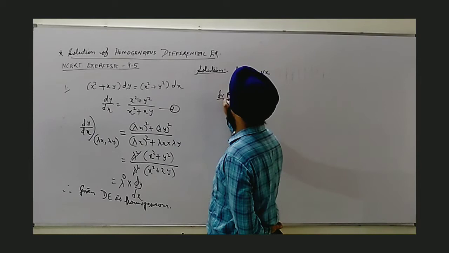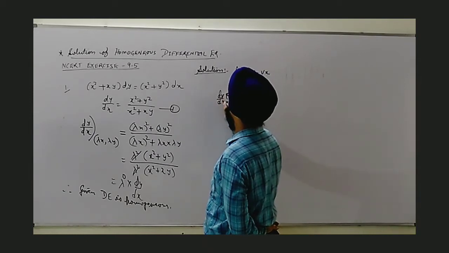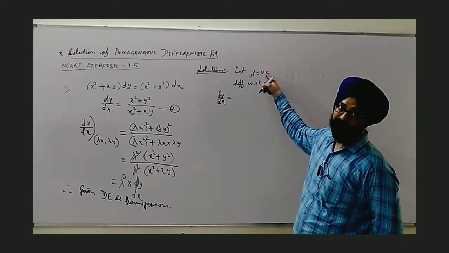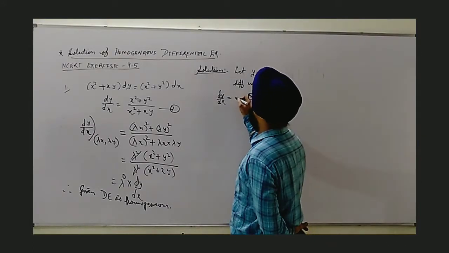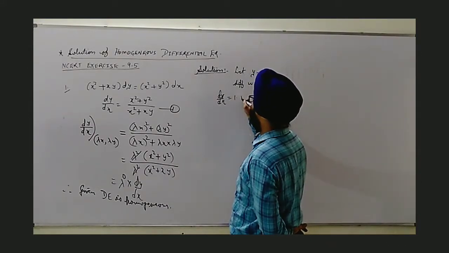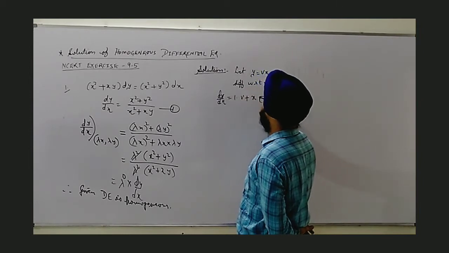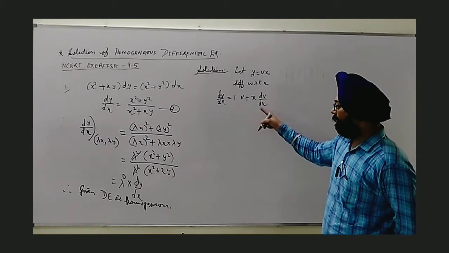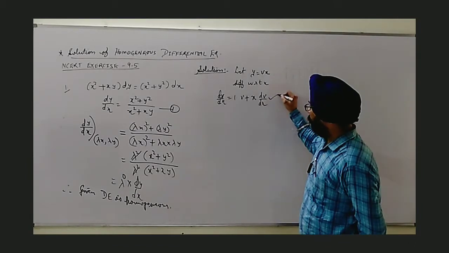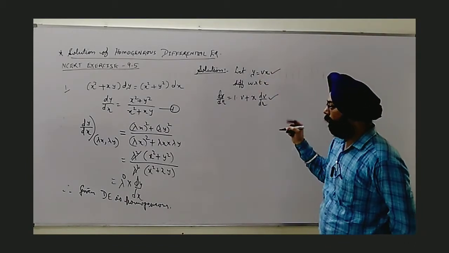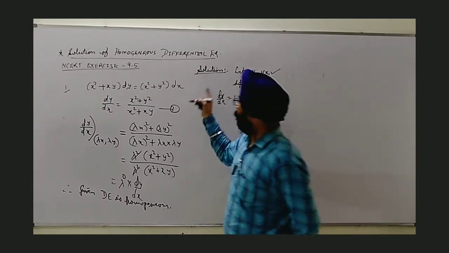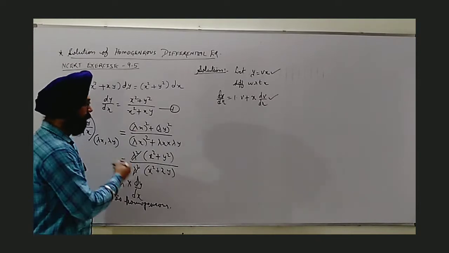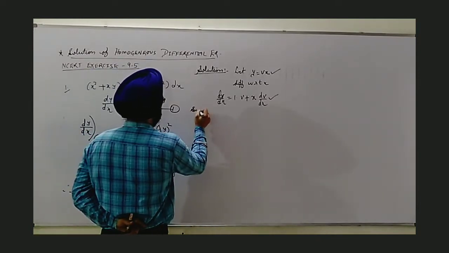We find dy by dx equal to, here we have to apply the product rule, as x and v both are functions of x. So we get the differentiation of x as 1, times v as it is, plus x as it is, times dv by dx. So this as a whole becomes the value of dy by dx. Here we get the value of y. In equation number 1, we use these two values and convert this in the form of v and x. So substituting